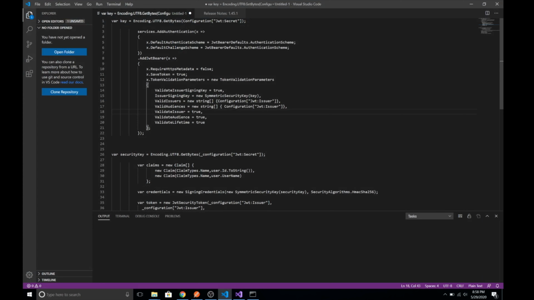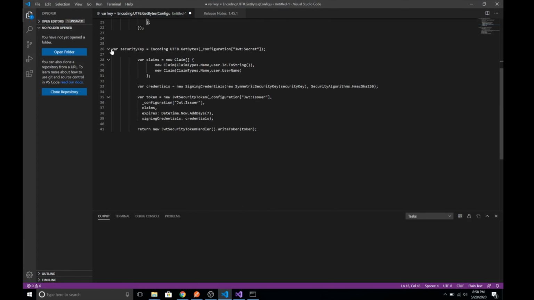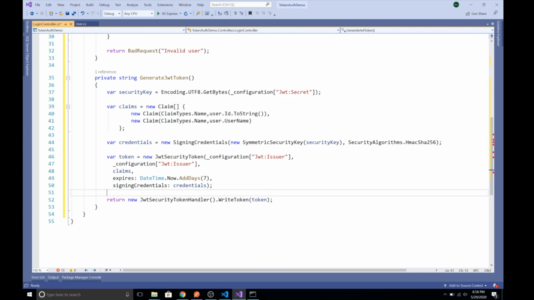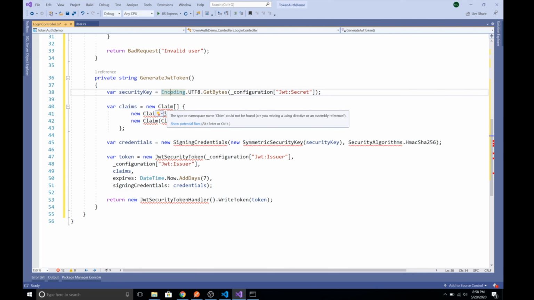So in order to save time, I have already created the code to generate the Jwt token. So let's copy that code and we'll walk through it. Let's copy this and then let me paste it here. So first of all, let's bring in the necessary namespaces here. Let's bring in the claims,